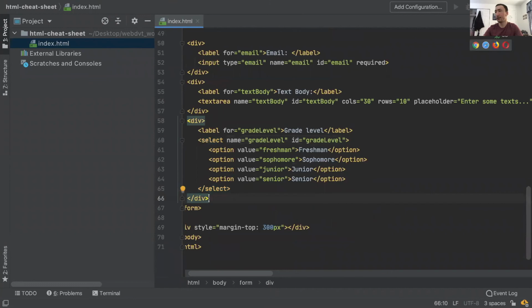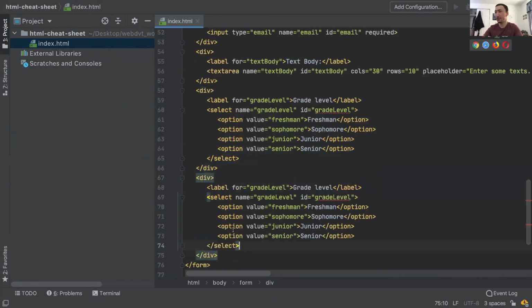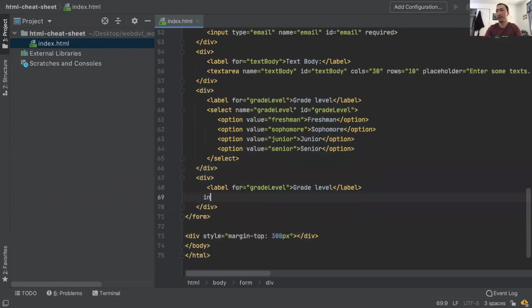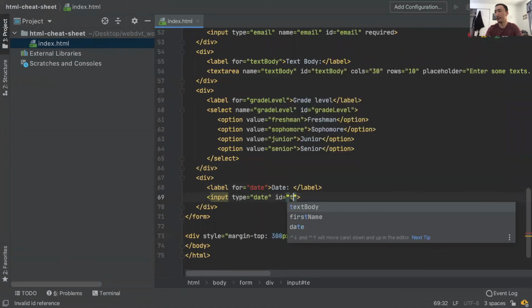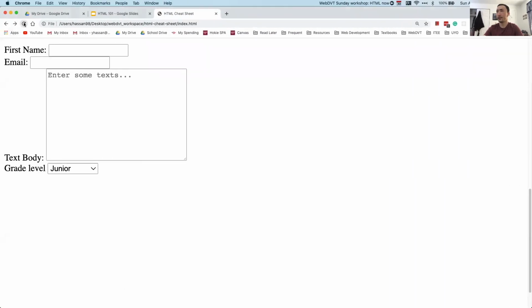Yeah, you can also create a date input. So for that, you use the input element, and you basically specify the type with a date. So let's see. Date. Let's give it an ID of date. Okay. And if I go back to my browser window, now I can enter some date,